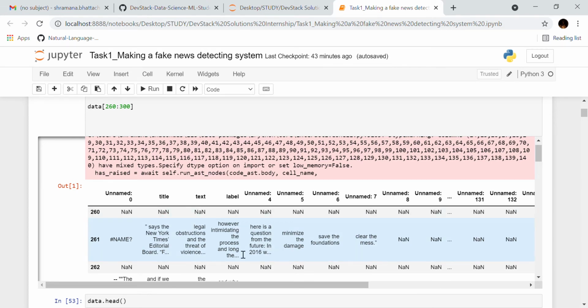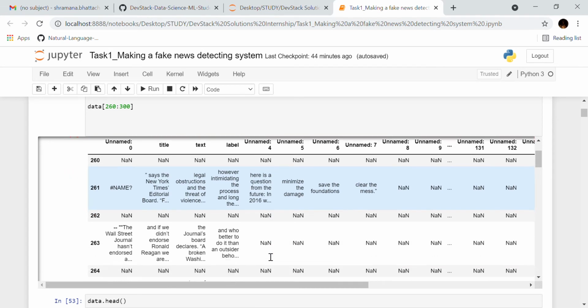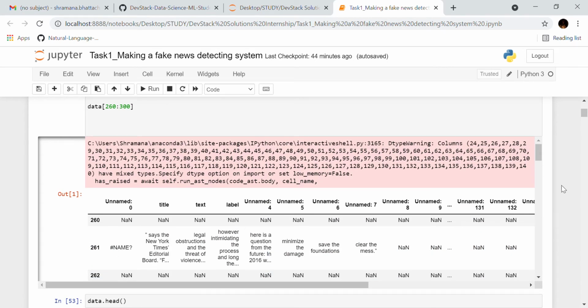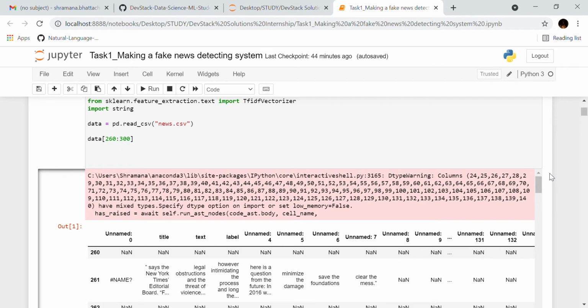Therefore, this part of the data set cannot be used for building any model, but after the model is built, I can use it to predict whether these particular texts are fake or real. So I'll use it as I go forward with the code.